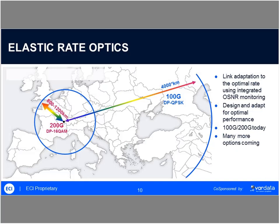Or if I just want to buy one set of optics and go different distances with that set of optics, I can program them to be 100 gig or 200 gig or 400 gig or whatever they need to be to go over longer distances or shorter distances. You design the optics for the optimal performance. Today, you can buy optics that will automatically switch between 100 gig and 200 gig, either through programmability or through automated procedures. There are a lot more options coming, but this is really, really exciting about high-speed optics,